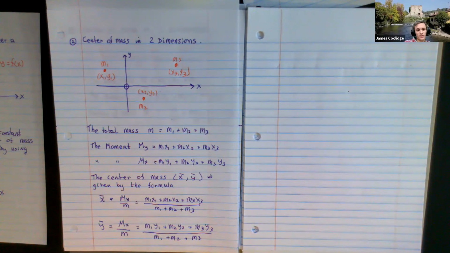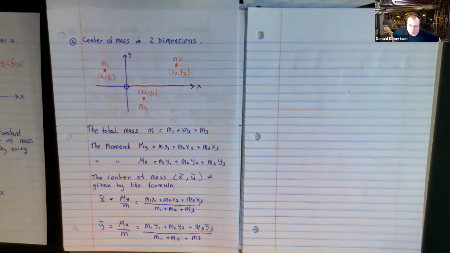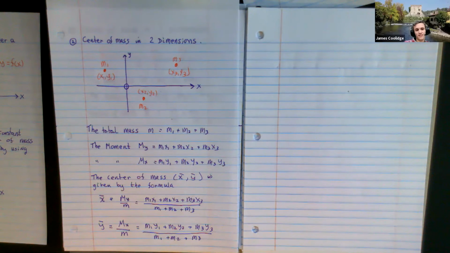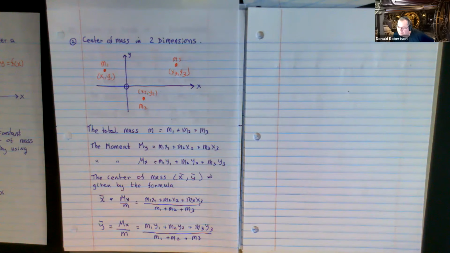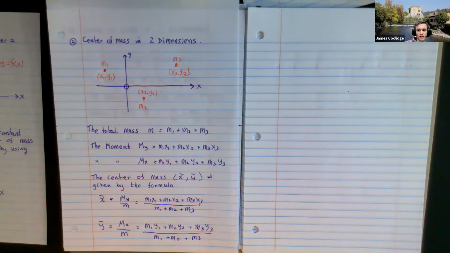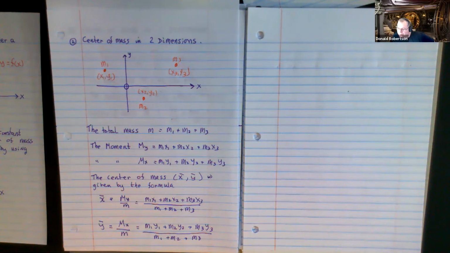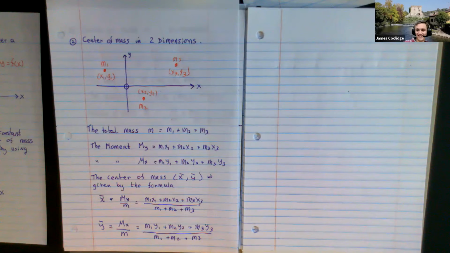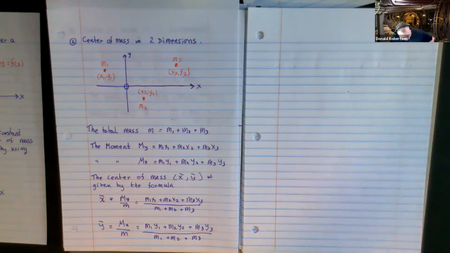I don't know about 2 dimensions, but 1 dimension. Right. And was 1 dimension just basically m1x1 plus m2x2 plus m3x3 over the mass? Yeah. Right. They never used the word moment. They used torque, or they didn't use any word. They used both, I believe. Okay. They made sure they explained why he was using moment. Okay. But you haven't seen 2D, or you don't recollect doing it in 2D.